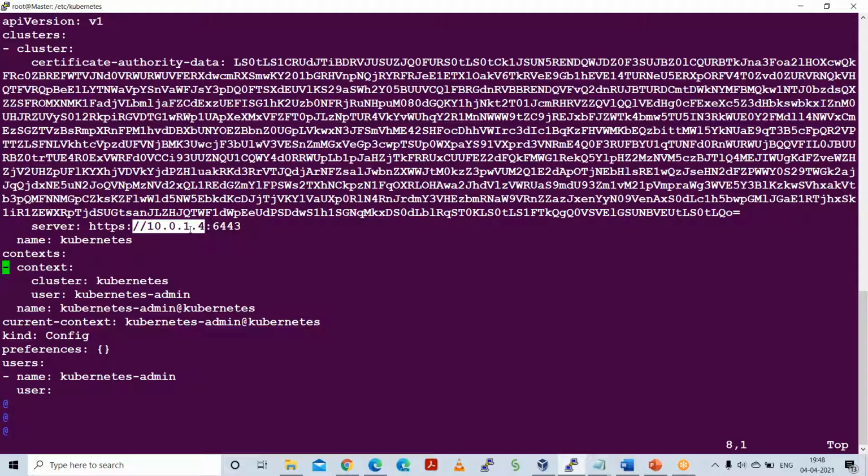From your laptop, you should be able to ping the IP address of the master node, I mean the API server node. Then only you'll be able to access it. Otherwise, you will not be able to access it. This is one criteria. And another criteria is that if you have a Kubernetes cluster set up as a cloud native application